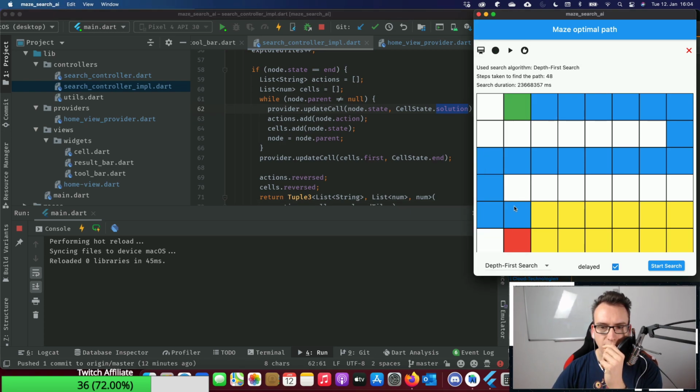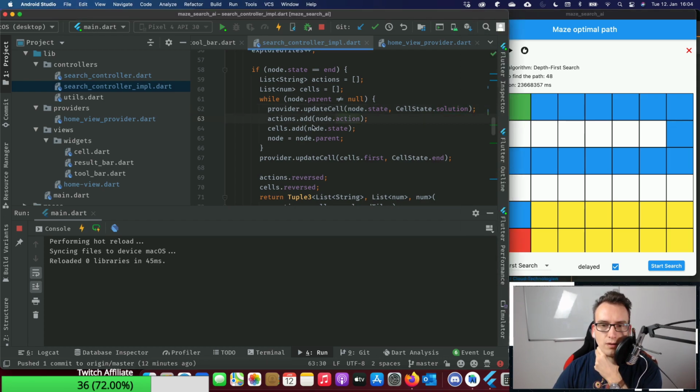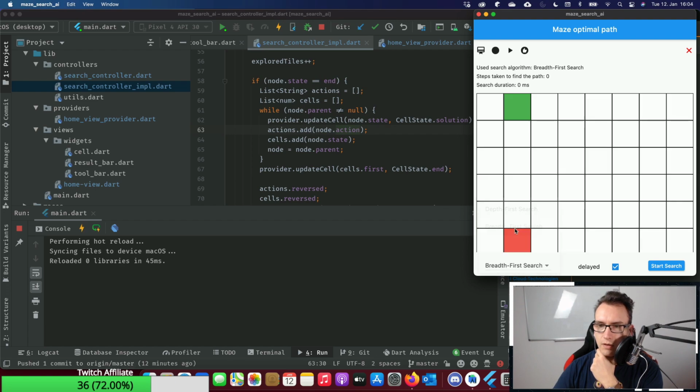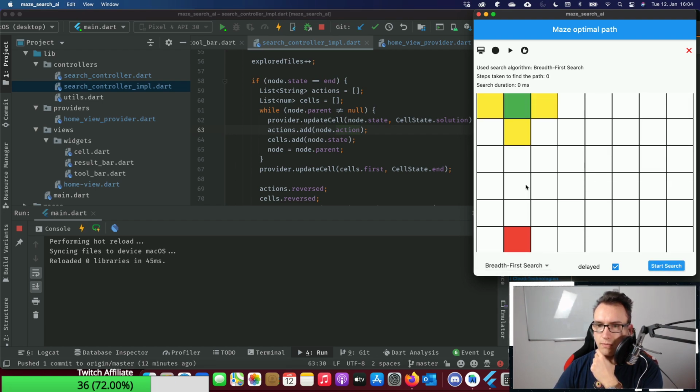So the solution path is correct, right? That's the shortest path that we can find at the moment. But why does it remove also the tiles in between that has searched through? No, it didn't. It's just looking different. Okay. Breadth first search.